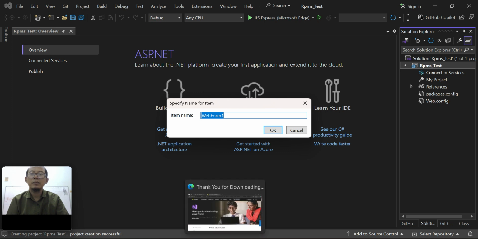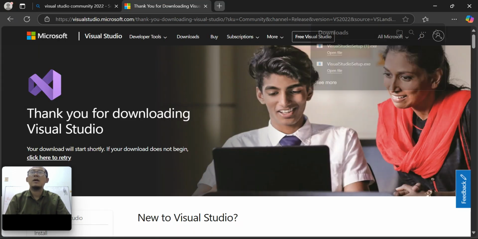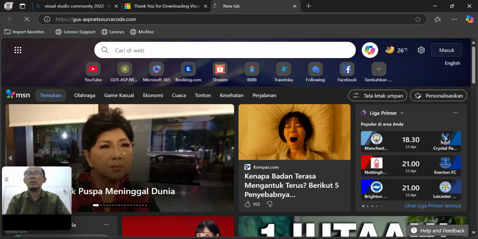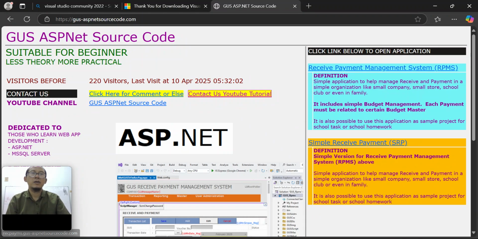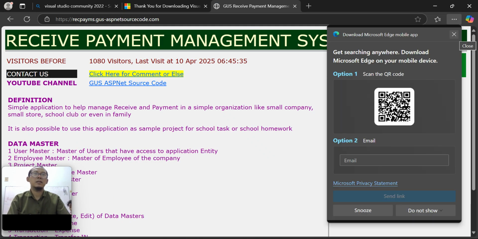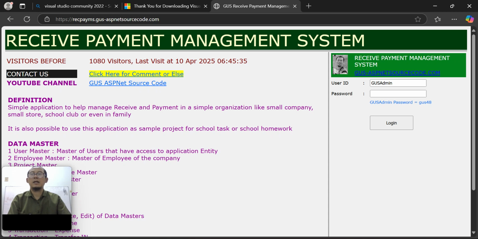Okay, for example, I will show you how. Let's visit my Goose ASP.NET source code website. I open my receive payment. This is my application.